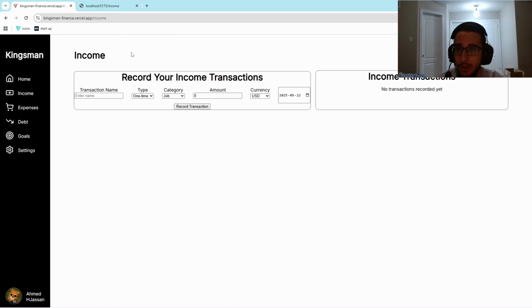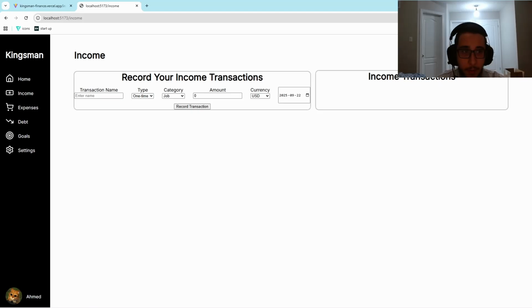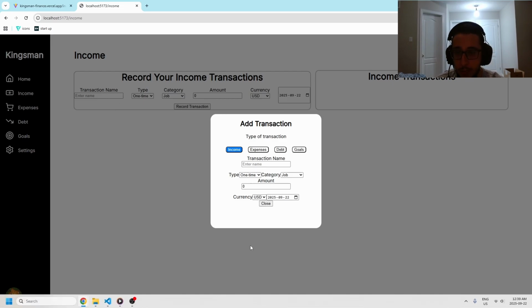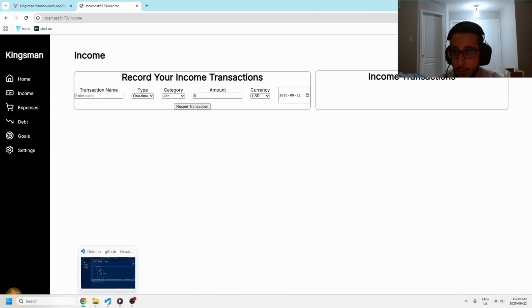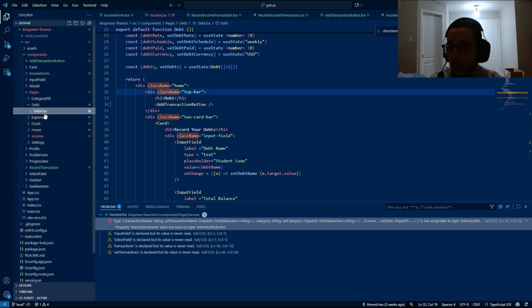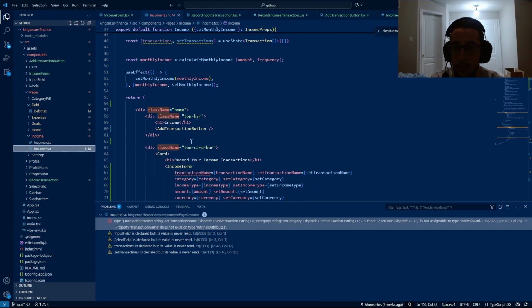And I'll describe this with another example. So in my latest version online, if I look at this, this is just my general record your income transactions. If I went to my local one, basically this modal represents all of the same information that you get over here. So if I made a change, let's say I wanted to change this income, so if I go to the income page and I change this to,